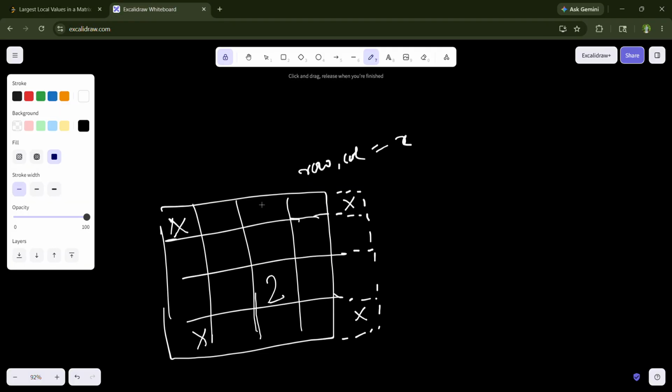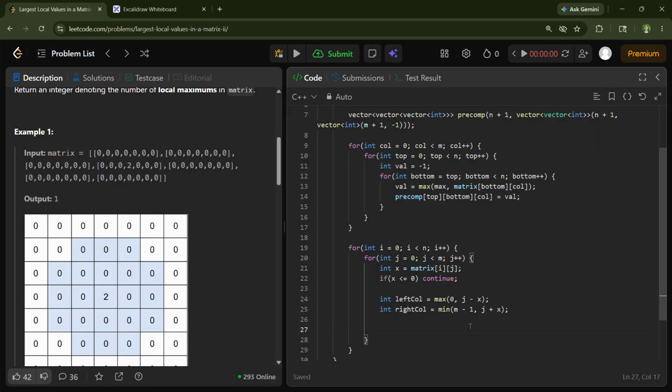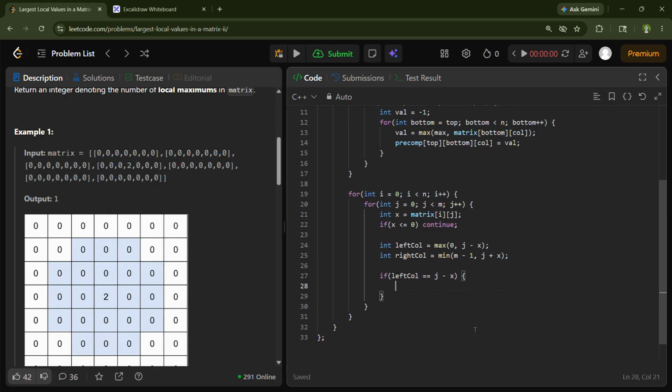If we are here, we only need to check these columns. I don't need this one, and I don't need this one. So if left column is equal to j minus x, what we need to perform is